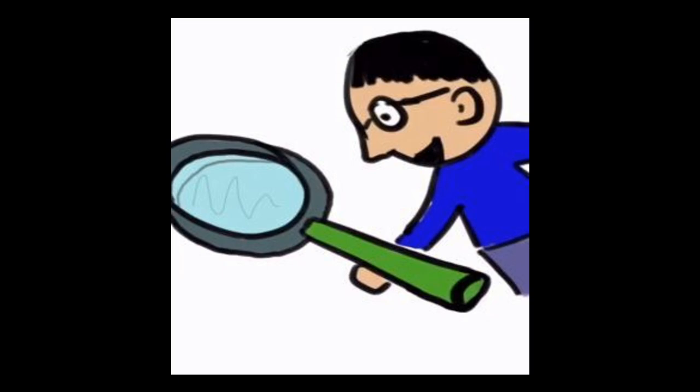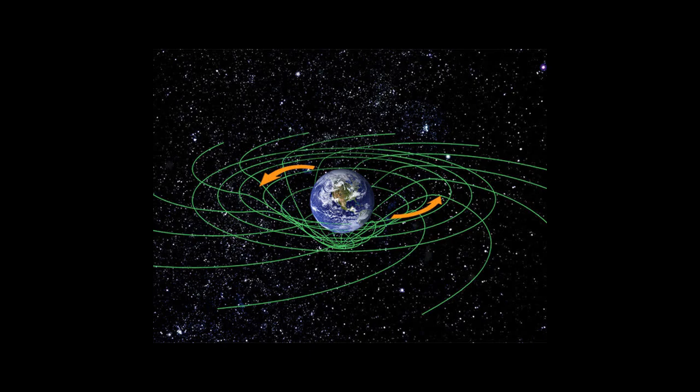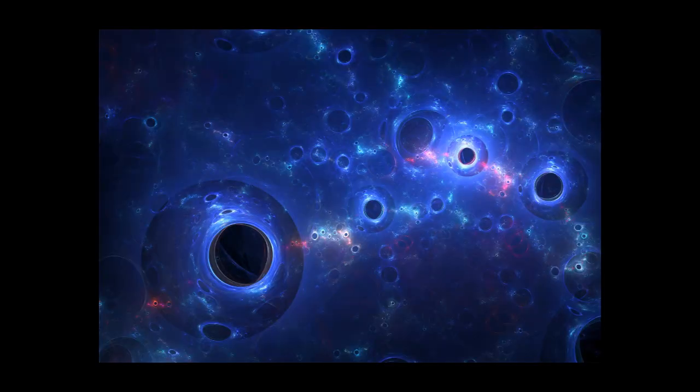But dark matter, light just goes straight through it and we can't see it, so it becomes invisible. And because of this, it becomes really hard to detect, so we have to infer its presence from its gravitational effects on visible matter, like stars and planets and galaxies and such. And the cool thing about dark matter is that it makes up even more of the universe than regular matter does.